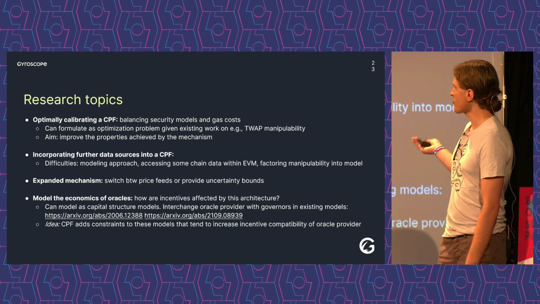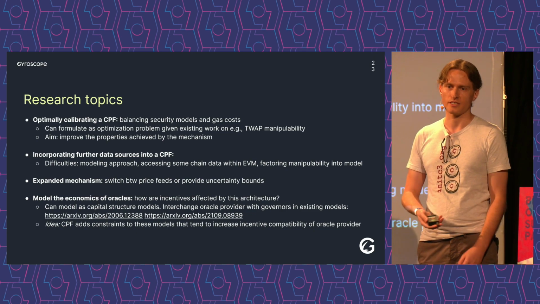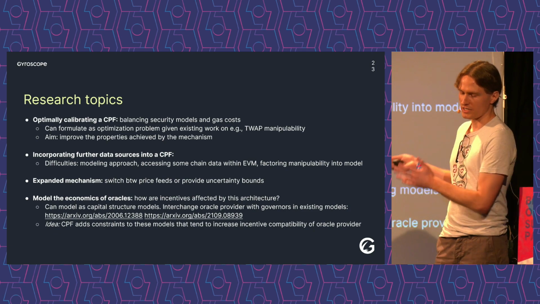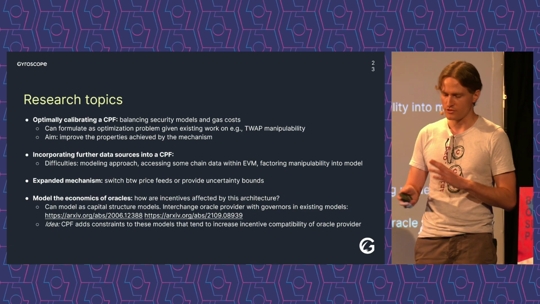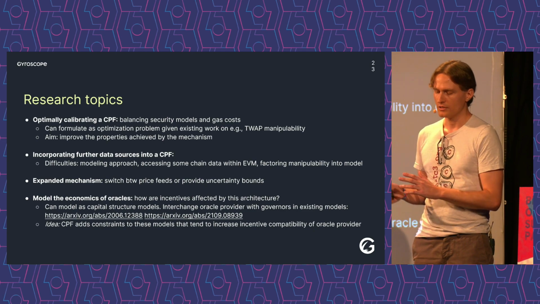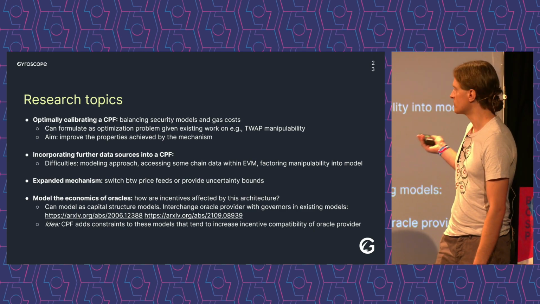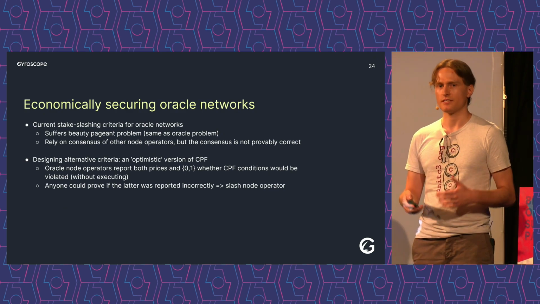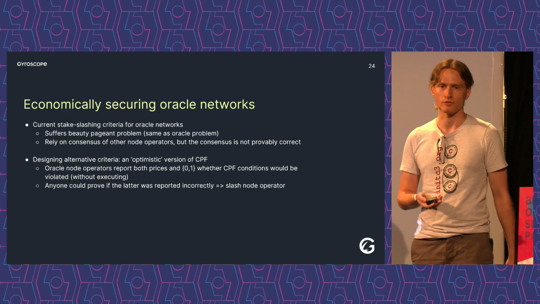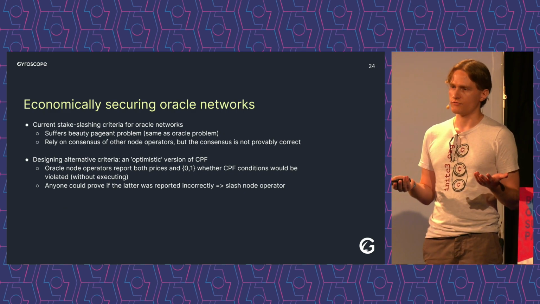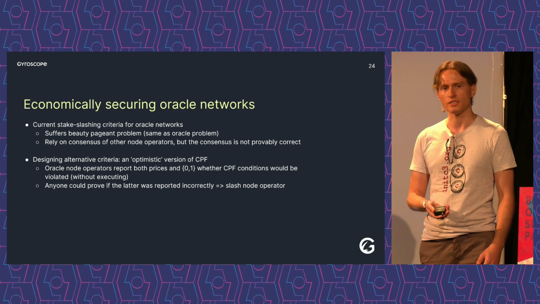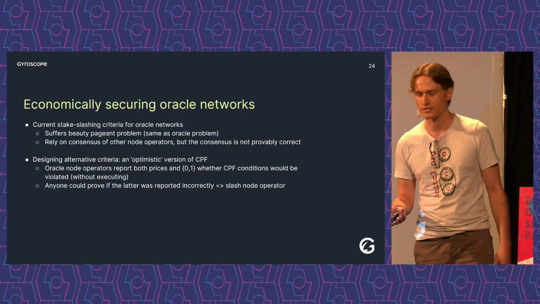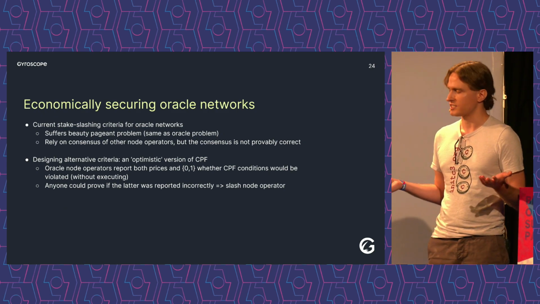We have some existing work that we think can be adapted to do this using what are known as capital structure models. These models are for DeFi governance right now, but you can replace the governor role with the Oracle role and use the same models. One last area is thinking about economically securing Oracle networks. A lot of Oracle networks like Chainlink have been proposing using some sort of slashing condition to economically secure their network. But the current slashing conditions